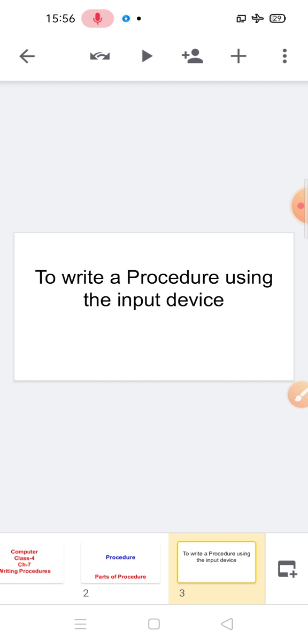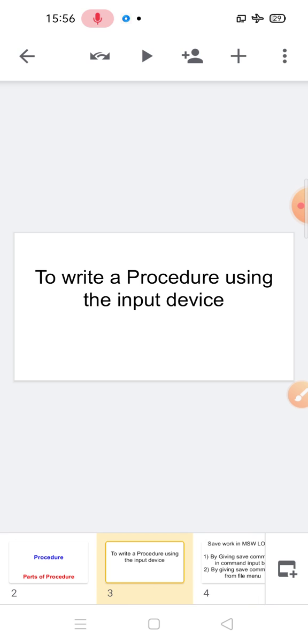Next is writing text on the screen. For this, if you want to write any letter or text on your screen, first of all you have to enter lines of code to draw a triangle, like TO triangle.